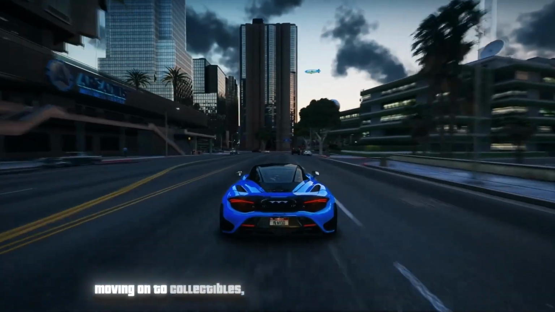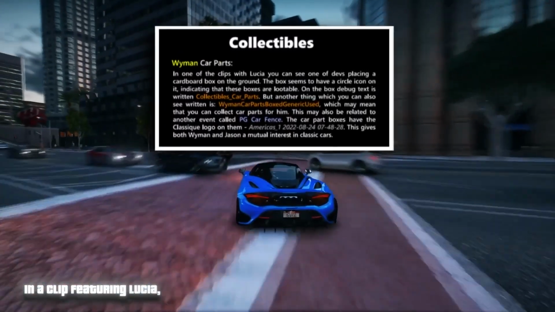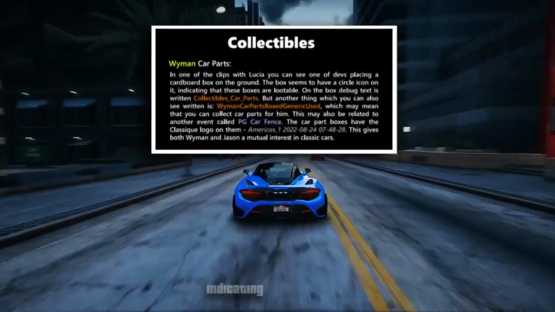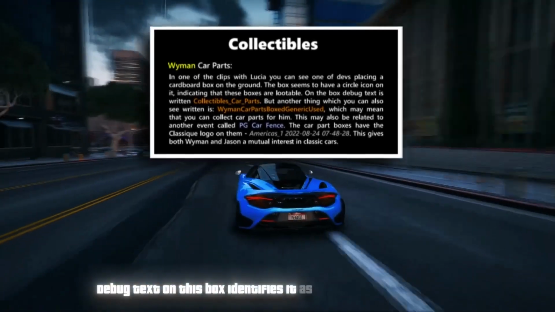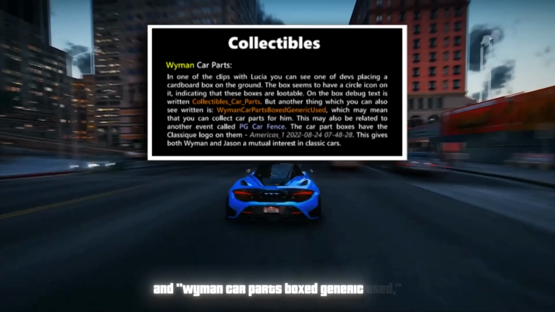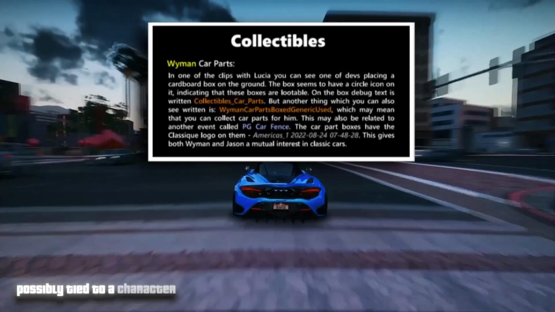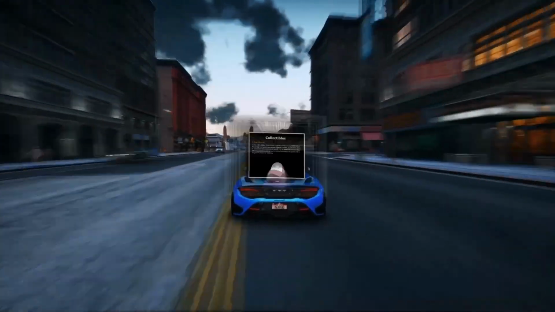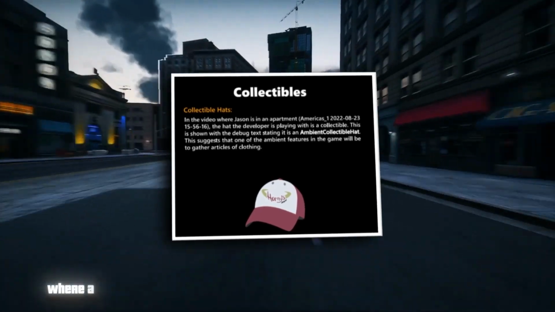Moving on to collectibles, there's mention of Wyman car parts. In a clip featuring Lucia, a developer is seen placing a cardboard box with a circular icon, indicating it as lootable. Debug text on this box identifies it as Collectibles Car Parts and Wyman Car Parts boxed Generic Used, suggesting players can collect car parts, possibly tied to a character named Wyman who shares a passion for classic cars with Jason. Regarding collectible hats, there's footage of Jason in an apartment where a developer interacts with a